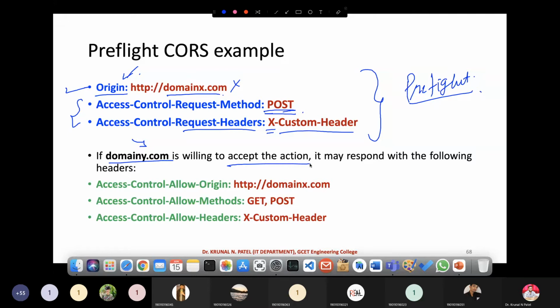It may respond with the following headers. What are the response headers we have? Access-Control-Allow-Origin, that is my domain X. Access-Control-Allow-Methods, whether it is GET or POST, and custom headers.